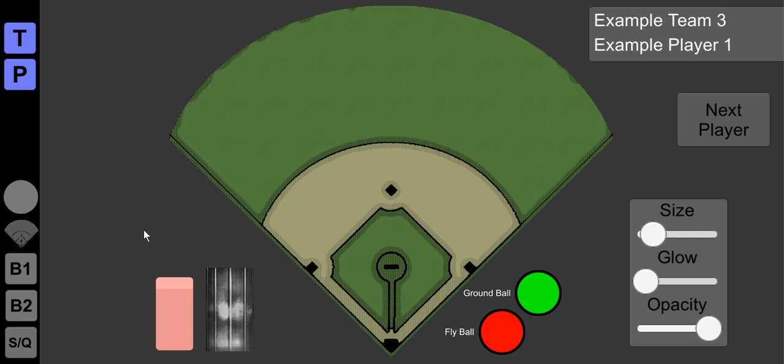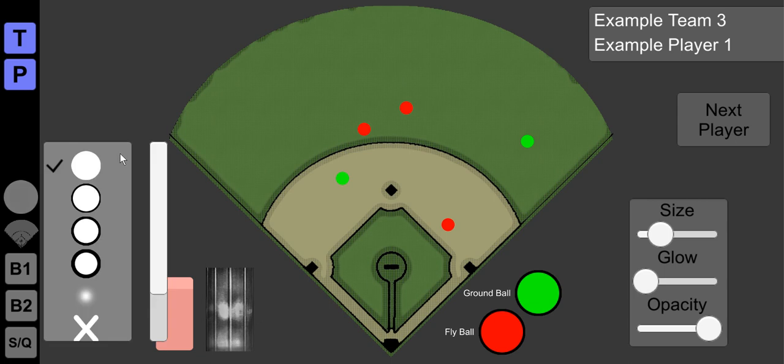Lastly, you can customize the color of the field, the balls, and you can customize the ball size and shape, which I'll show. Let's add some indicators to the field just for example purposes. You can see that as I adjust the size slider, they increase and decrease in size accordingly. You can add a background glow to these indicators, or you can change the shape of these indicators altogether and